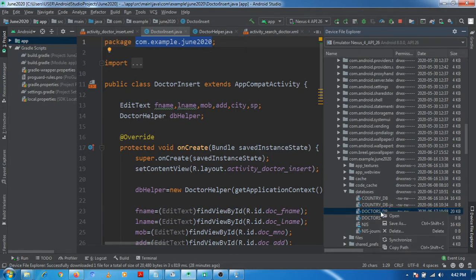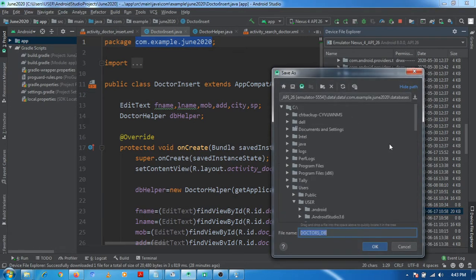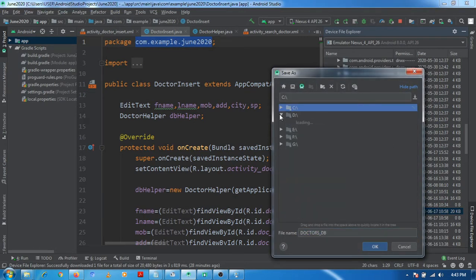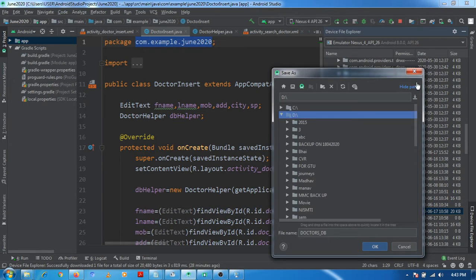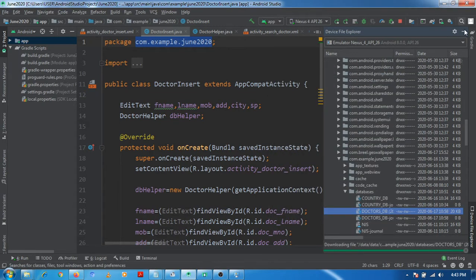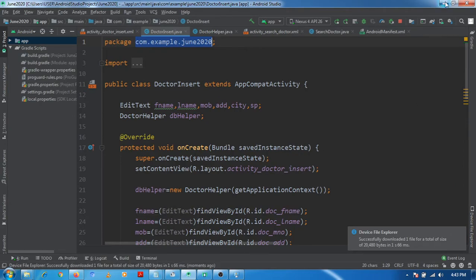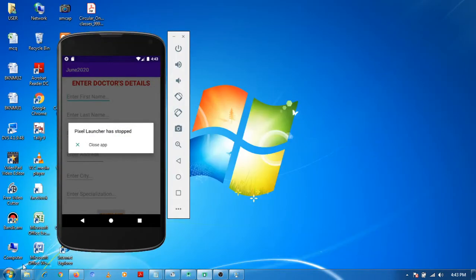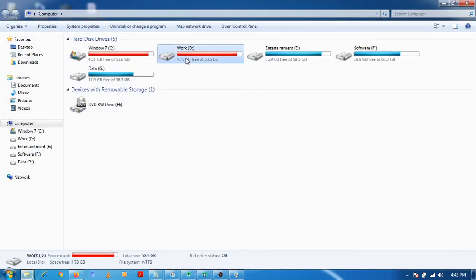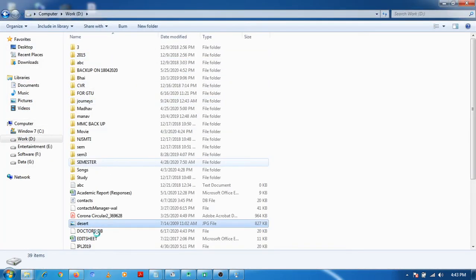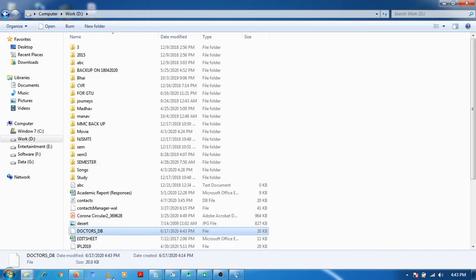See, it is my database, and I will right click on it and click on save as. Then I will save it in, suppose, D folder, and click on the OK button. Then the other thing we want to do is, see, the database will be in my D drive, and it will be named doctors DB. So in doctors DB, if I want to look at what data there is, whether there is some data or not,